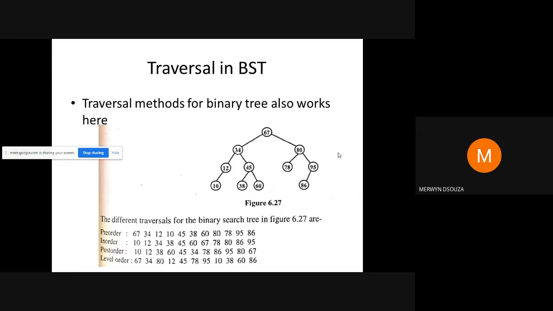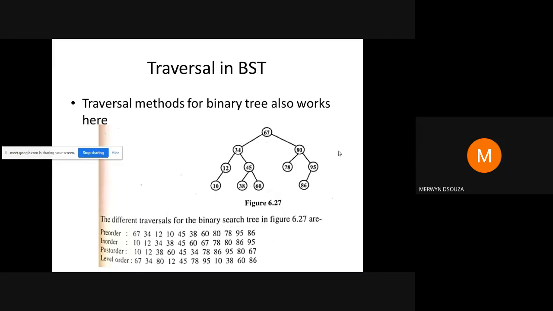Now again, the traversal methods for a binary search tree are the same as for your binary tree. The steps will be the same. You can try this at home after the class is over. Note down this tree, and these are the answers that you should get for your pre-order, in-order, post-order, and level order. Traversal methods are the same for any kind of tree.